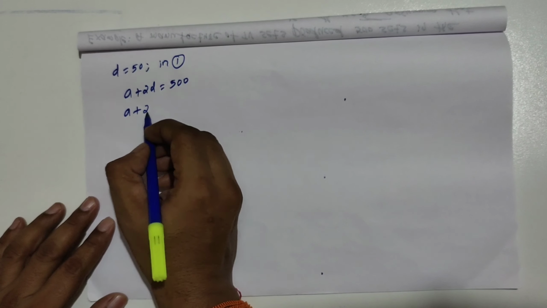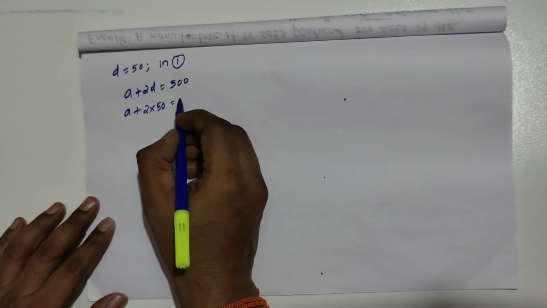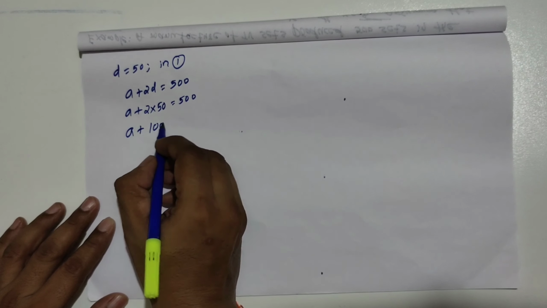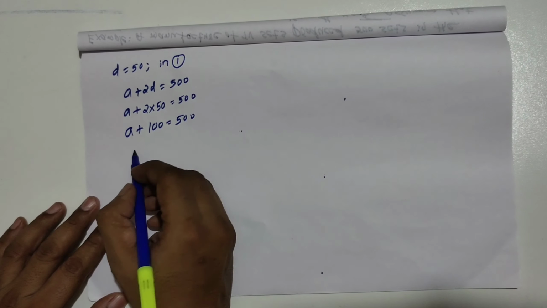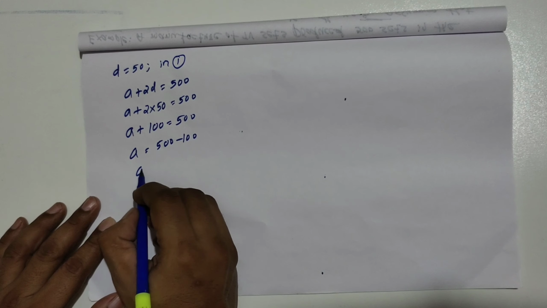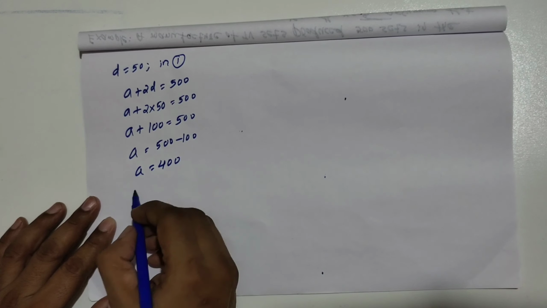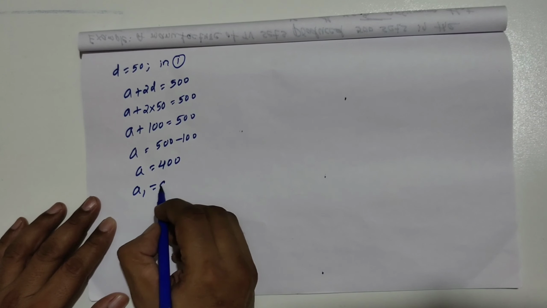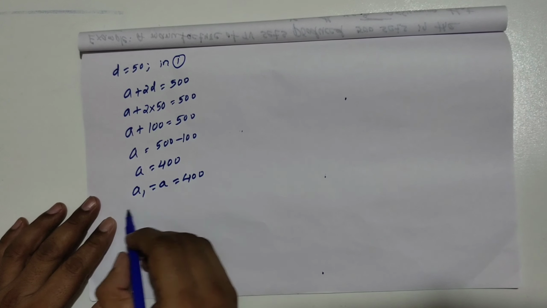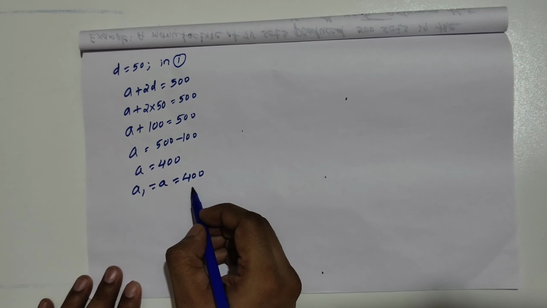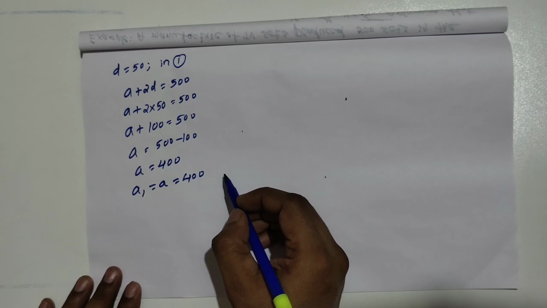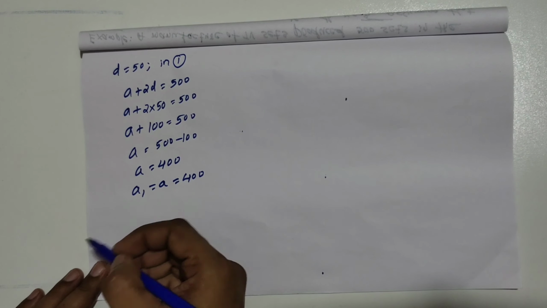So a plus 2 into 50 equal to 500. a plus 100 is equal to 500. a is equal to 500 minus 100, that is 400. That is here a is nothing but a1 only. So in the first year the number of TV sets manufactured is 400. Okay, now here we need to find in